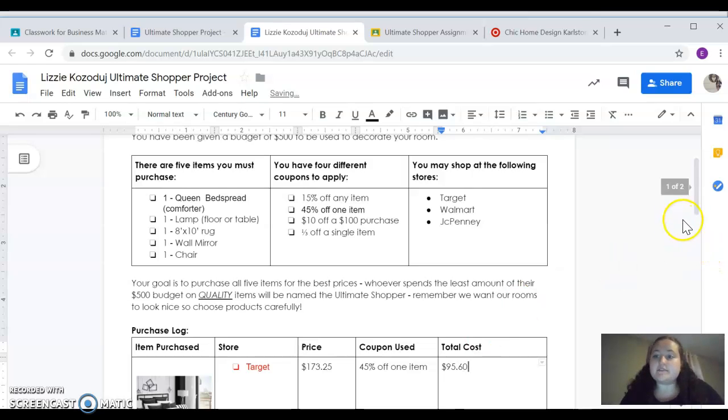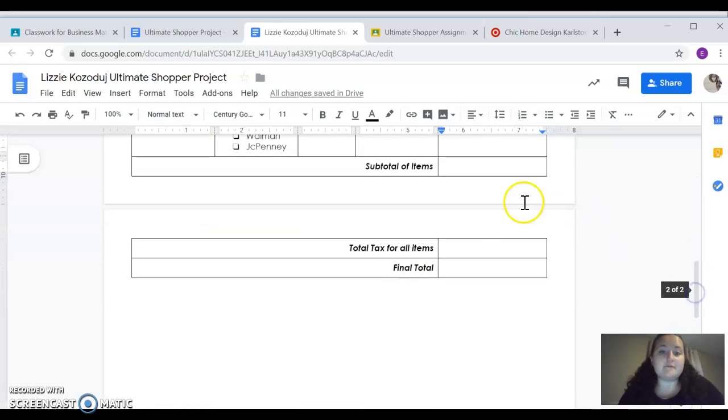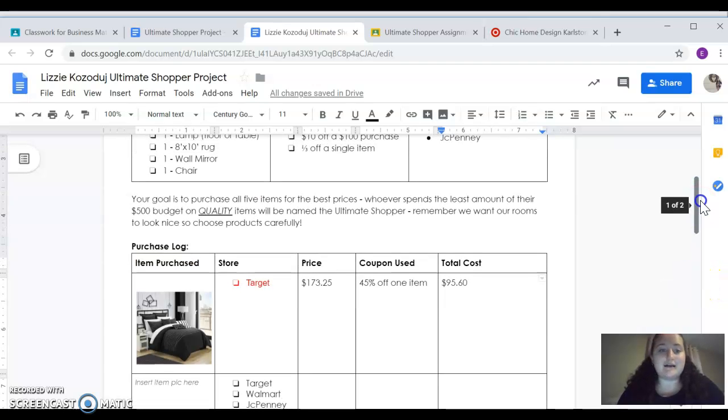You're going to follow this procedure for the rest of the items. Once you have all 5, find a subtotal, so add up the total of the items. Then you're going to calculate the tax from that to give us a final total. Your final total should be less than our $500 budget, and you must have quality items from those 3 specific